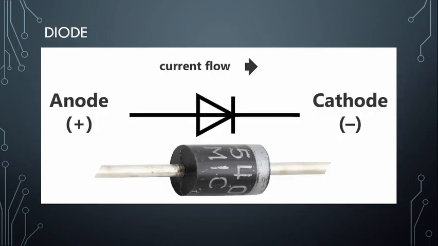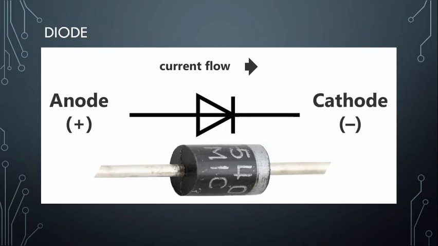Refer to this image. Here you can see a ring found on the right end of the diode, which indicates the side of the diode which connects to the ground. This is the cathode. It then follows that the other side connects to the power. This side is the anode. The part number of the diode is typically written on it, and you can find out its various electrical properties by looking it up in its datasheet.